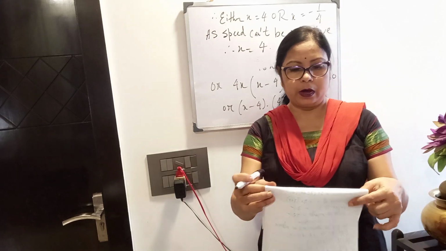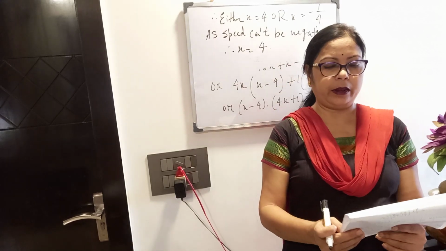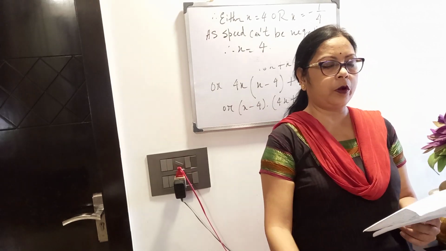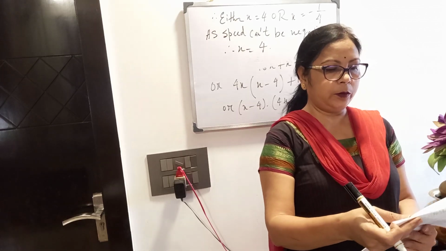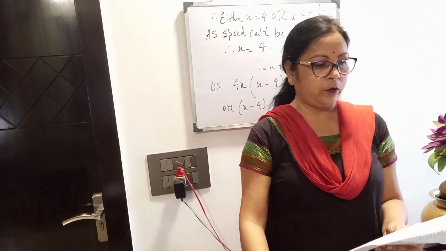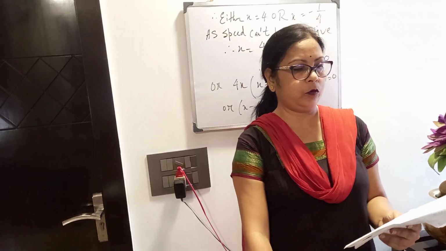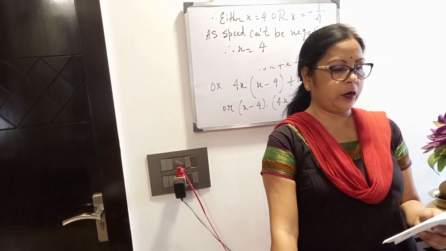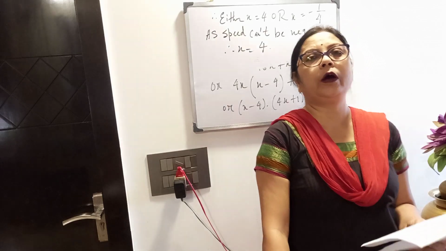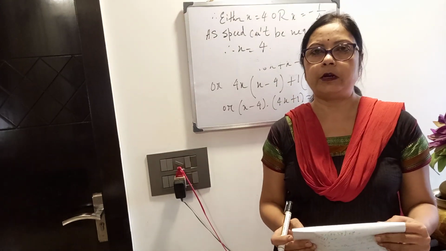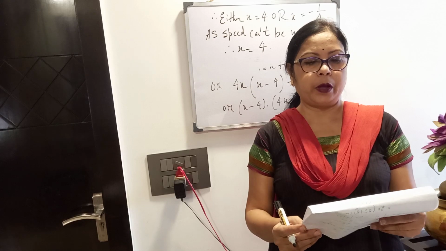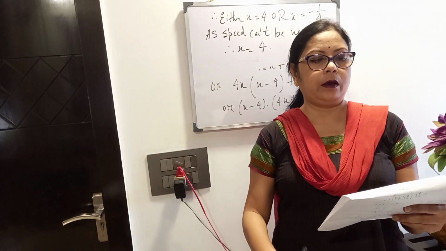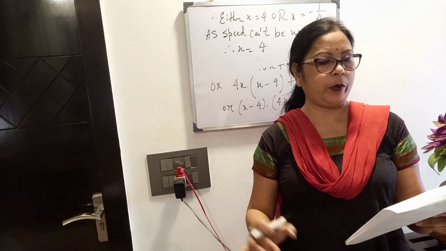If the price of 1 dozen pen is reduced by rupees 6, 1 dozen pen, clear? That means number of pens 12. Then 3 more pens will be got in rupees 30. Before reduction of price, calculate the price of 1 dozen pen. So what to calculate? We have to calculate price of 1 dozen pen, and it is told that if the price of 1 dozen pen is reduced by rupees 6, then you will get 3 more pens at rupees 30.